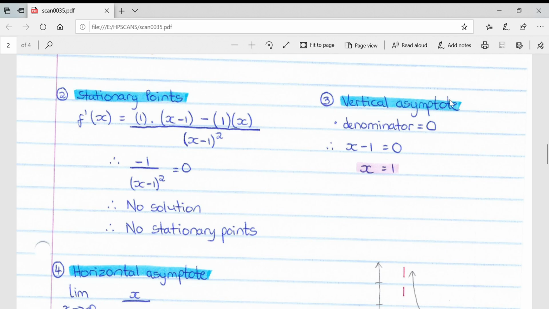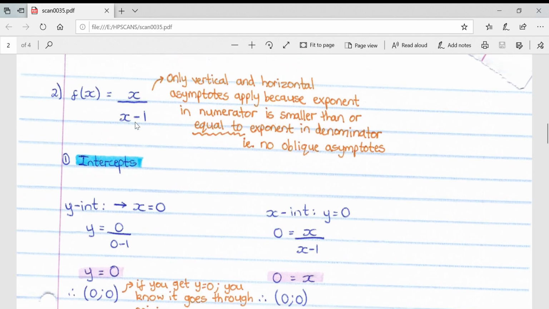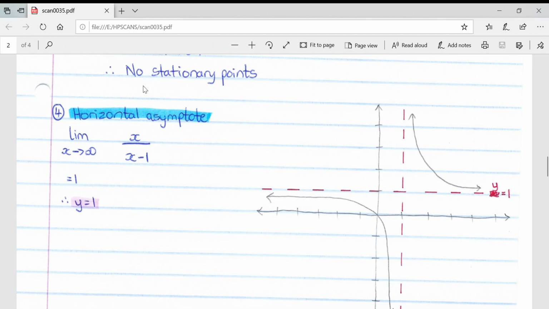The third point, and we haven't seen this before, is finding your vertical asymptote. When looking for a vertical asymptote, it is where your denominator is equal to 0. My denominator in this example is x minus 1, so I make x minus 1 equal to 0, and I find that there's a vertical asymptote at x equals 1. Then I look at my horizontal asymptotes. My horizontal asymptote is always the limit to infinity of the equation that we're given. And if we simplify that, dividing through by your highest power, etc., we get our horizontal asymptote to be